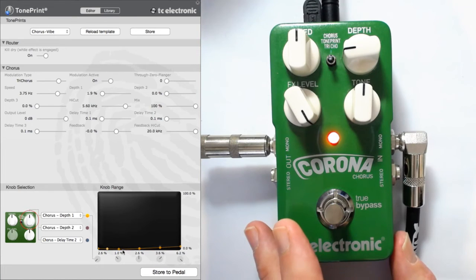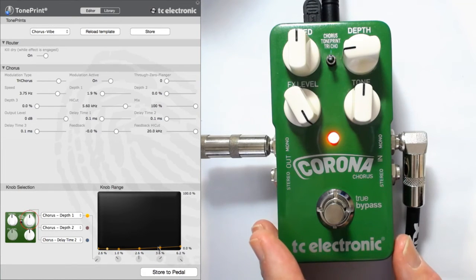And then once we cross this point, we add in another bit of depth where we get that chorus vibe kind of sound. Okay, so let's step through the settings for these. For the second knob, the depth knob, first parameter setting, we have 2.6 as the starting value. Then on the second position, we have 1.0%, then 2 points back up to 2.6, up to 3.6, and then all the way up to 6.2. That may be more than you'll ever use, but